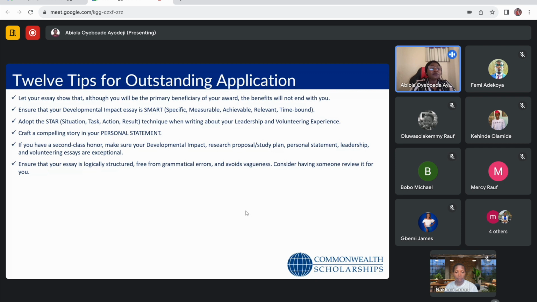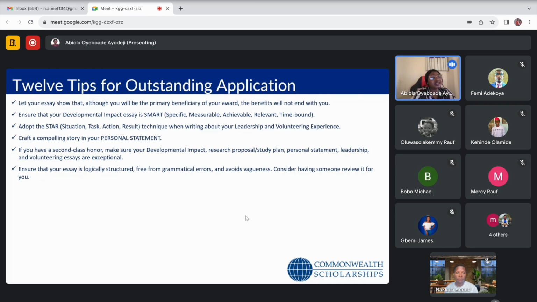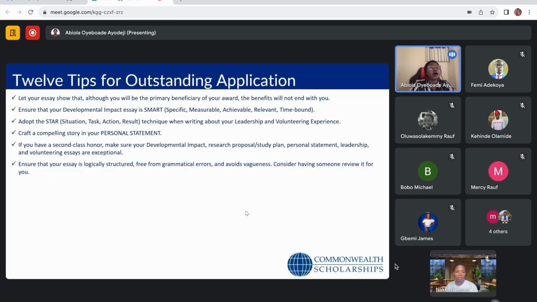And for those who want someone to review your essay, that means you have to send it way ahead. You don't send your application 2 days before or 3 days before and just be on the person's neck like, cancel your schedule and help me go through this essay. So it's good if you have someone review your essay for you. It will help you get the opinion of another person as well.